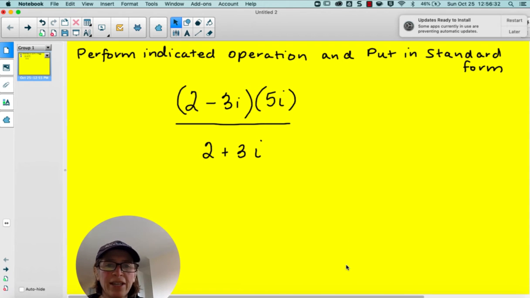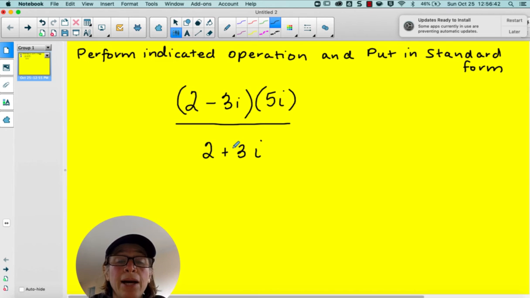Hi, so I'm going to look at this operation with imaginary numbers. The directions say to perform the indicated operation and then put it in standard form. So you don't want to jump right in. You kind of want to consider the problem, and you see i, which we know that i is the square